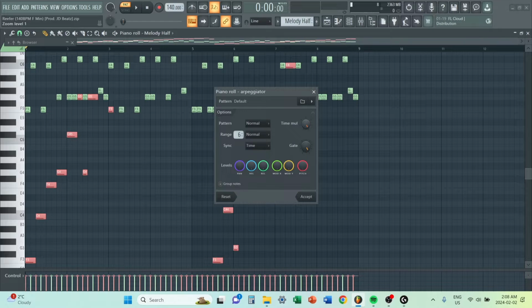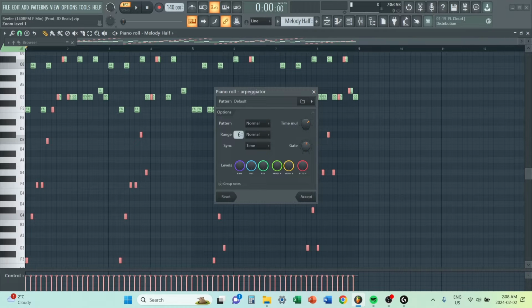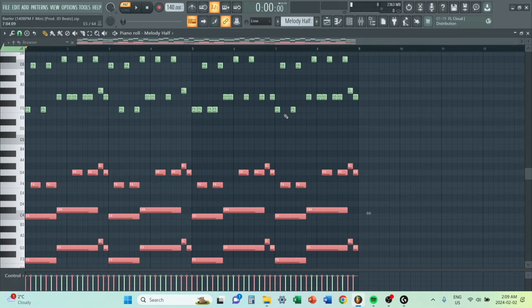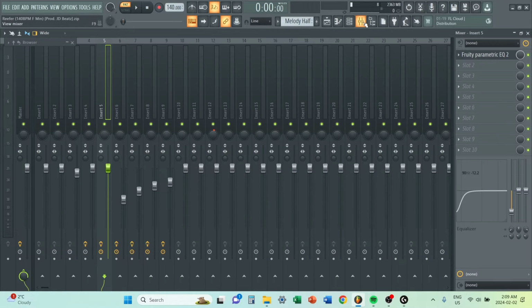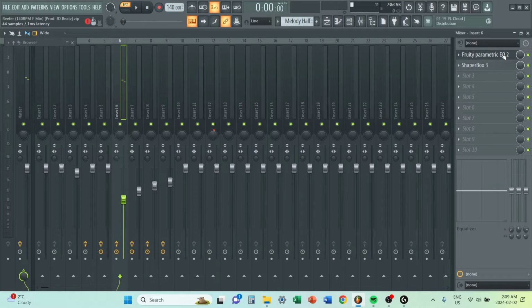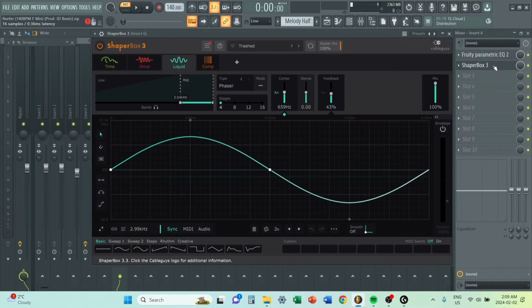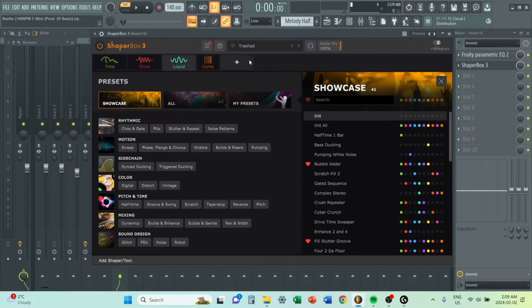And then you can play with the time. You can play with the gate. You can just play around with it, see what sounds cool. But for me, this is what I came up with. But before I play it, I also added something. I took out some low end and then I added a Shaper Box to it. So this is the preset I added. It's called